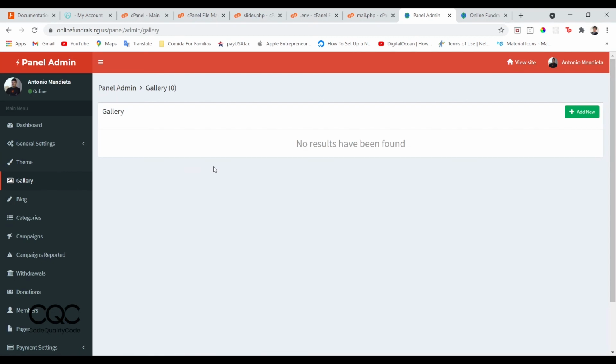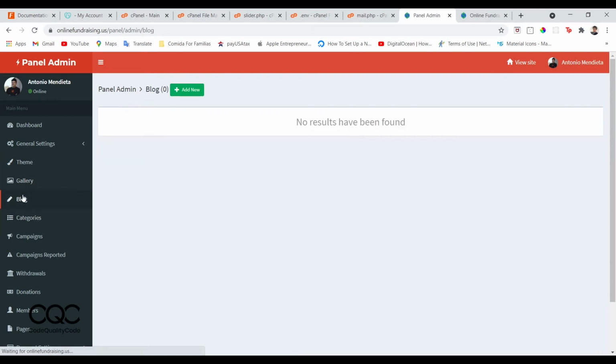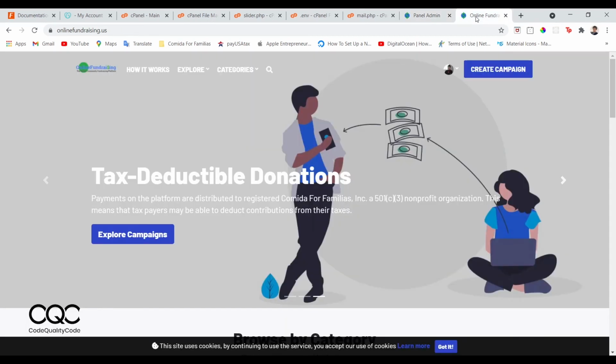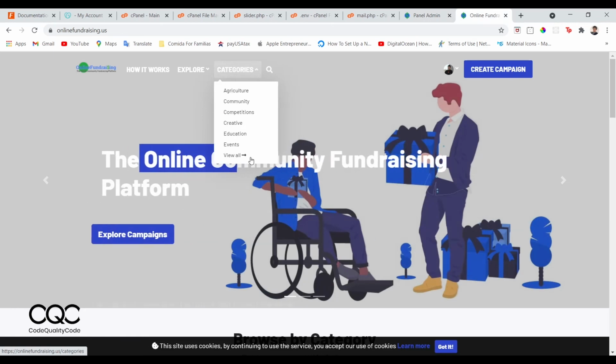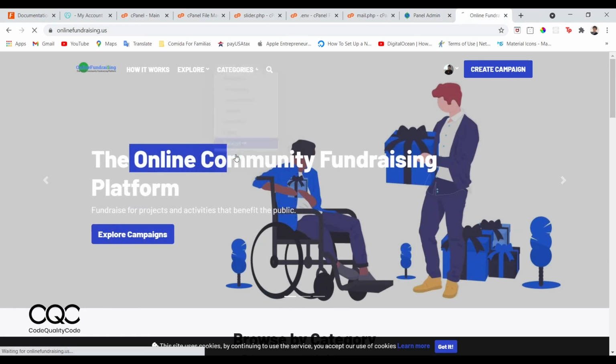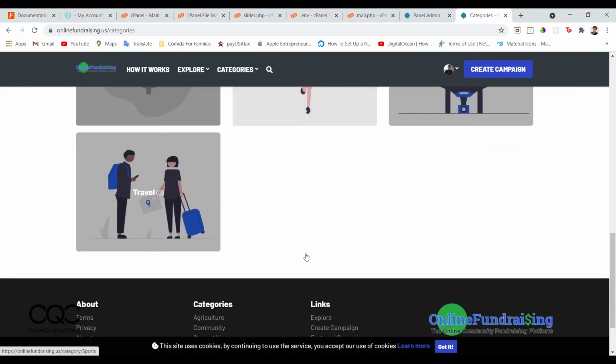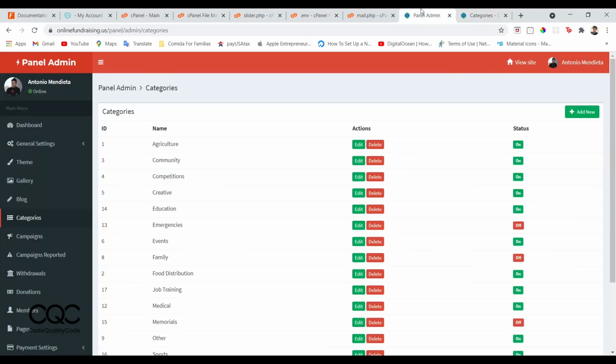If we take a look at the gallery, there's nothing. We take a look at the blog, there's also nothing, but as you can see, this is how we would add something new. Categories, you can actually change the categories on here, and that would be whatever shows up here. As you can see, each one of the categories have a different image. So you can actually go into the category